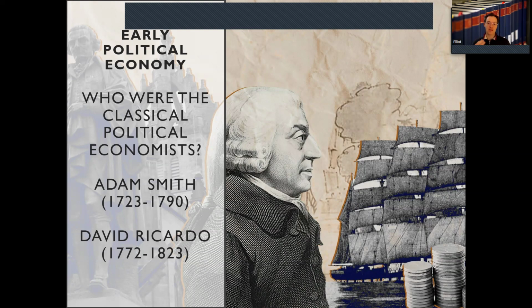Now, in manufacturing, this was quite a bit different, which is what Adam Smith and David Ricardo had more exposure to. And this was emerging much more rapidly in Britain and France during this period. And the worker in manufacturing did not directly produce either his means of subsistence or in excess of them, right? So if you worked in a pin factory, and you were making thousands and thousands of pins, obviously workers didn't go home and eat pins, right? So the worker wasn't directly producing the things that they needed to survive.